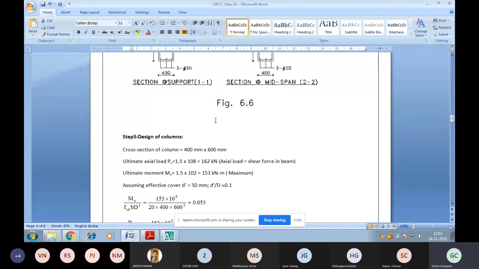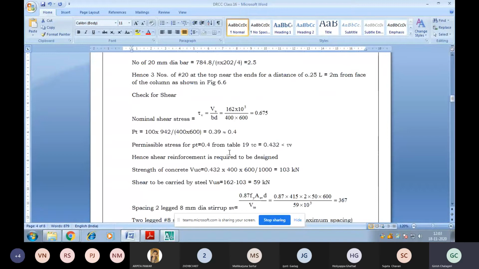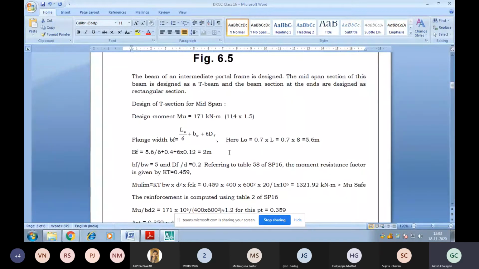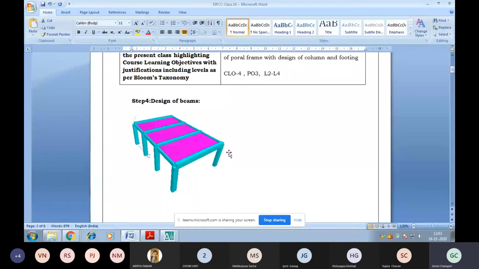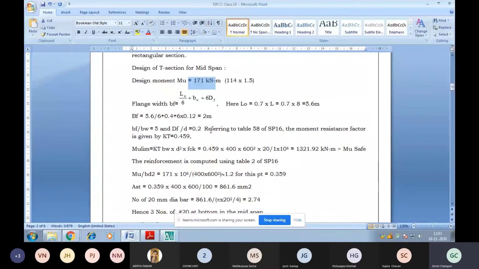So this is regarding the beam design, where we can see the beam was designed as a T-beam as well as a rectangular beam. T-beam means it is not so complicated, what you have learned in RCC. T-beam design is very simple. We know the design moment, some moment we are getting here. For this, we want to check whether the resisting moment is less than or more than that. If it is less than the design moment, we need to design it as doubly reinforced. If it is greater, we need to design it as singly reinforced.